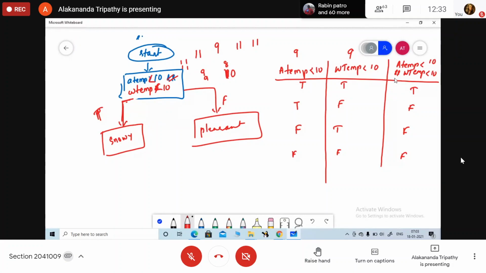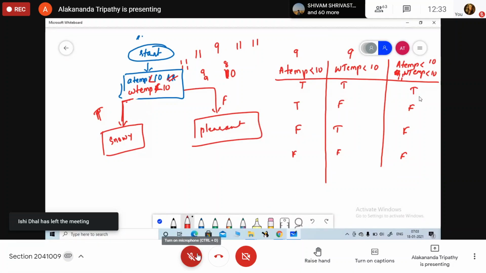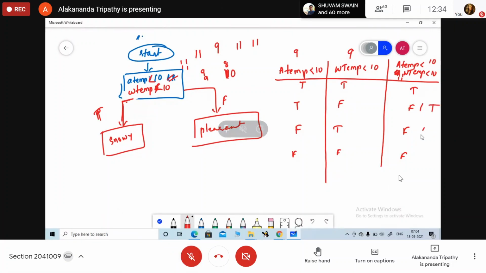If the or clause is used here, then true and true will be true, true and false will be true, false and true will be true, and false and false will be false. Okay, so this is how you are going to get the answer.